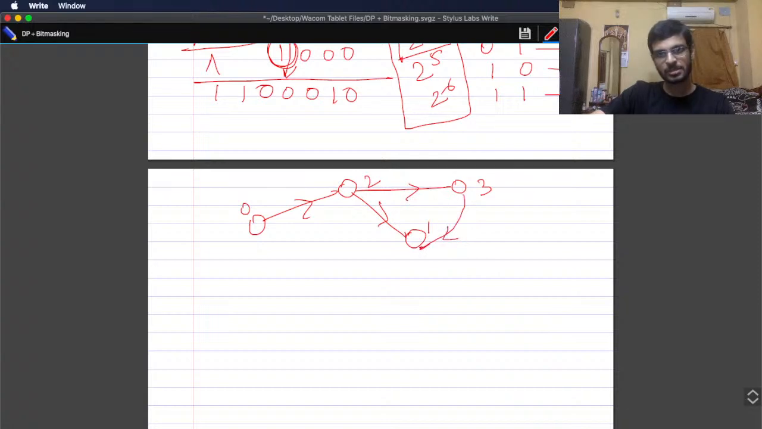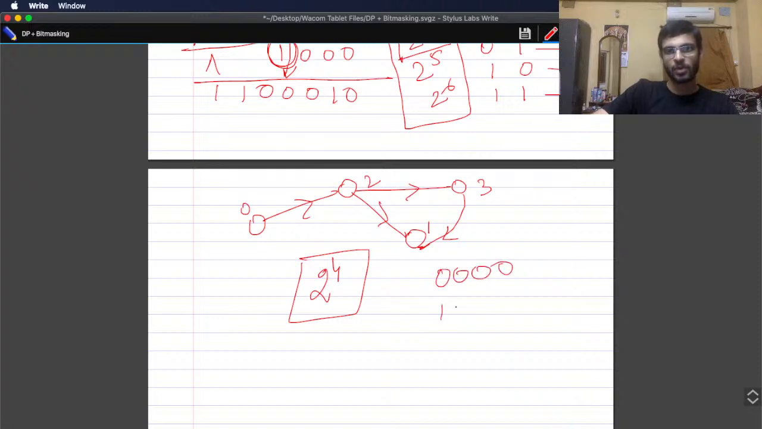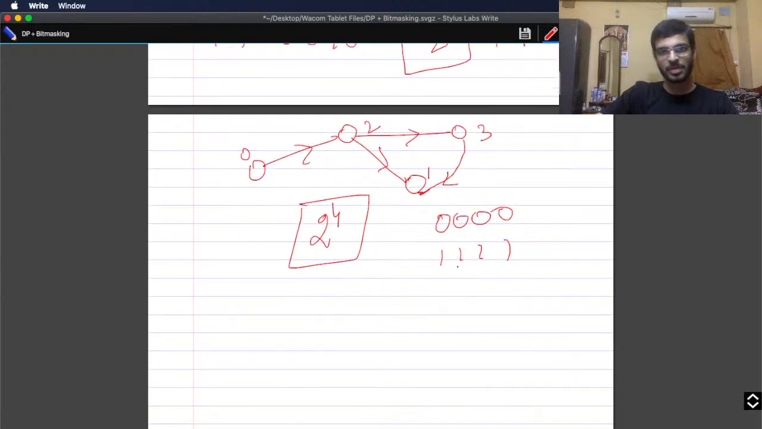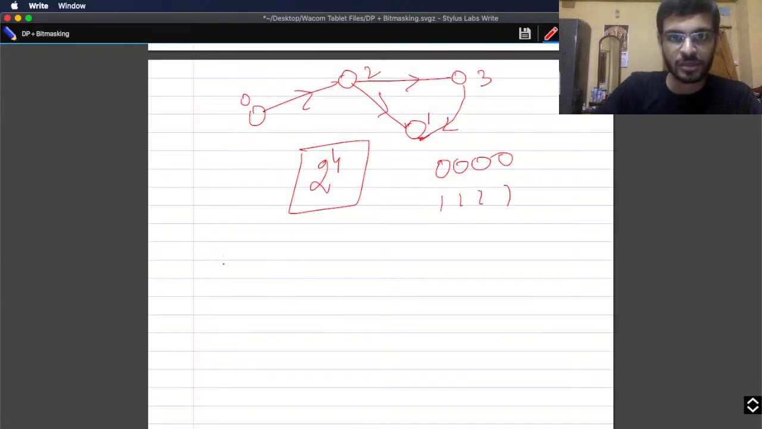Okay, बस हम 4 ही वर्टेक्स यूज कर रहे हैं। सो कितने सारे बिट मास्क है, 2⁴ बिट मास्क है, 0 0 0 0 से लेके 1 1 1 1। दिस रिप्रेजेंट्स कि चारों वर्टेक्स प्रेजेंट है हमारे सेट में। तो अब हम देखते हैं क्या होल्ड करता है।